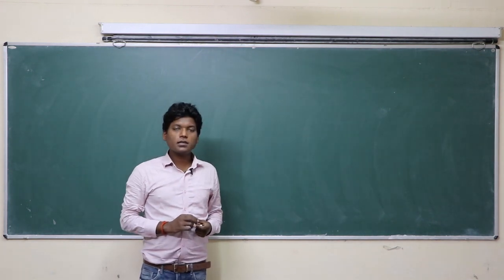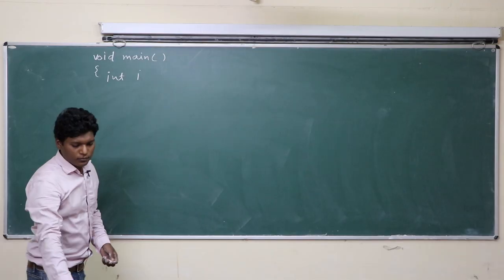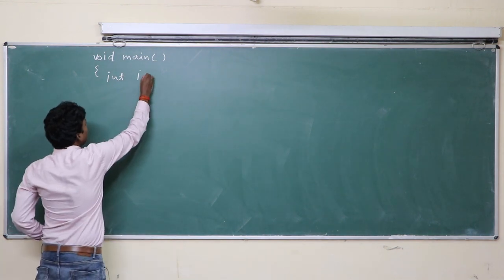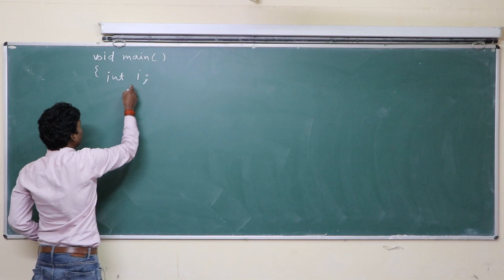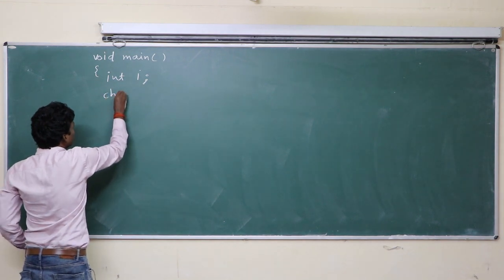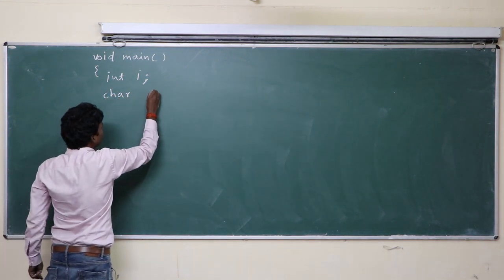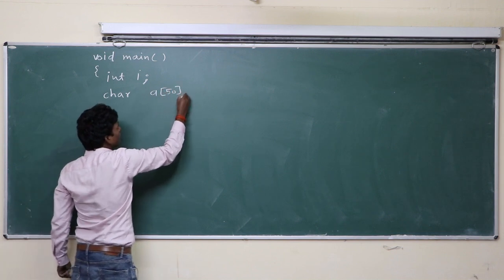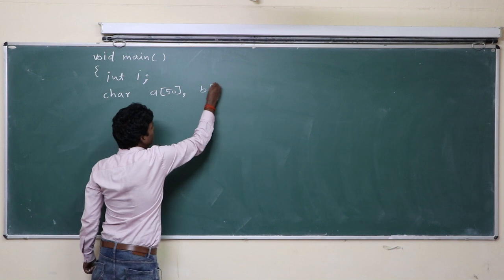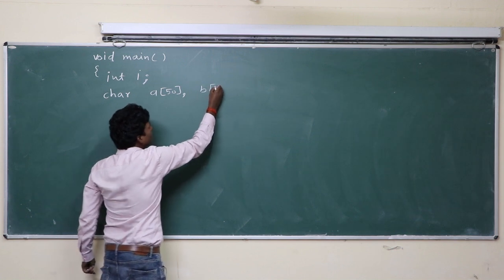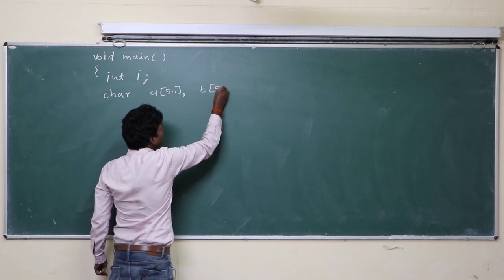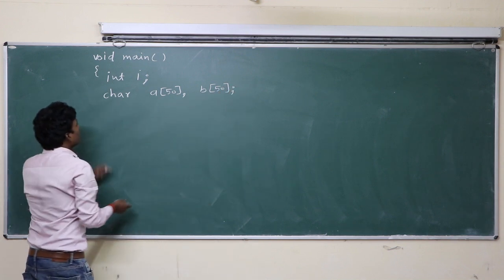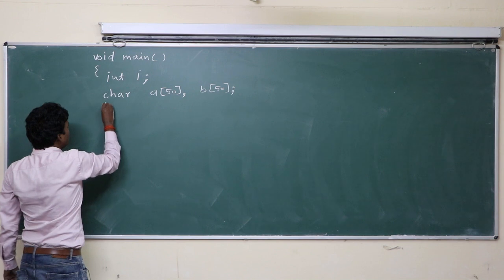Some more problems on string. Copy one string into another string. int i, we declare variable i for loop. char a[50], b[50];